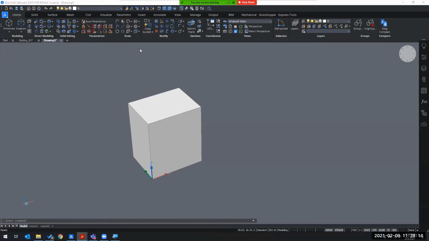So at the very top, by the way, I'm on the modeling space. Of course, it depends which workspace you're in, so it might change the ribbon and the tools a little bit. I suggest you use the modeling workspace so it's a bit easier to follow along, and you get the same view as I do. If I come here to the top,